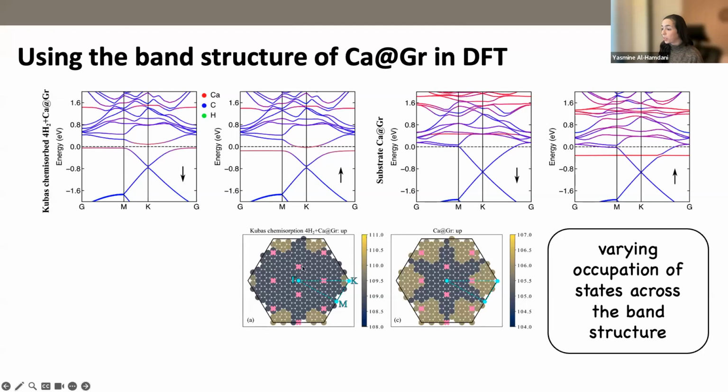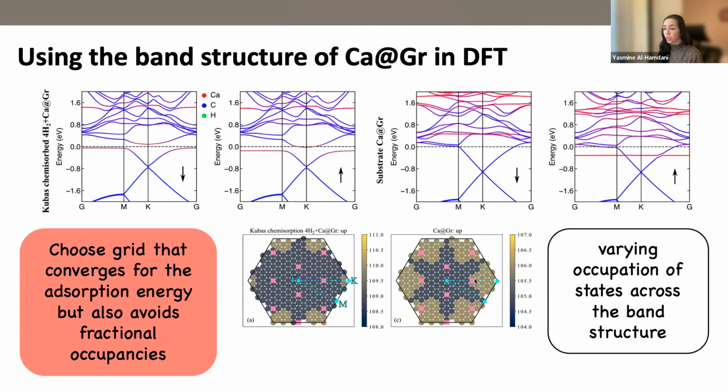So I'm showing here visually what happens is what we wanted to do is to find a grid that basically always falls as much as possible on an integer occupancy, but at the same time, a grid that's dense enough so that it gives a converged absorption energy. And so I've highlighted that in the pink crosses. So you can see on the left-hand side where there's 4 hydrogens, it basically always lands on a sort of gray circle, which means that there's always the same number of integer 109 electrons in one spin channel and 109